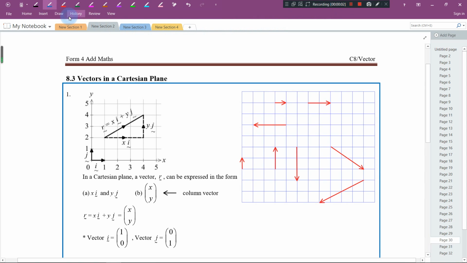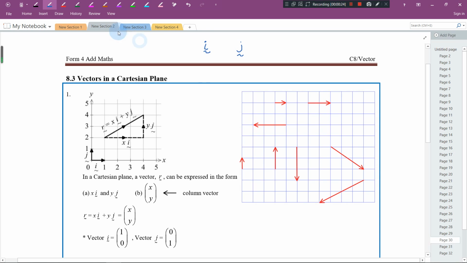Hi everybody, in this video let's learn about vectors in a Cartesian plane. So we are going to learn two components, i and j. They are actually unit vectors. It means that they have the magnitudes of 1 unit. i is the unit vector in the